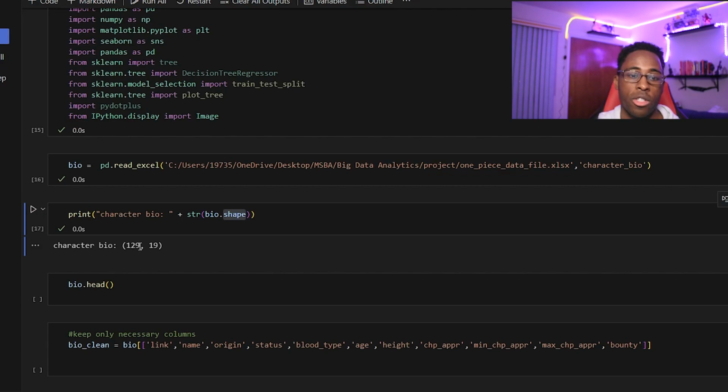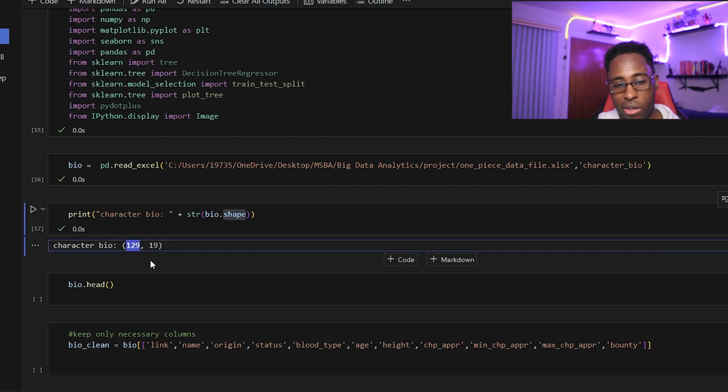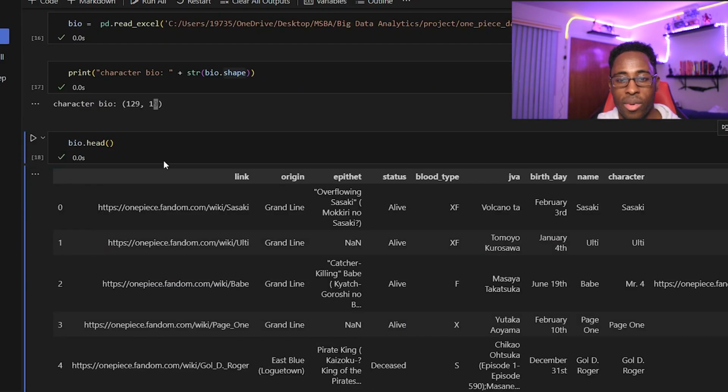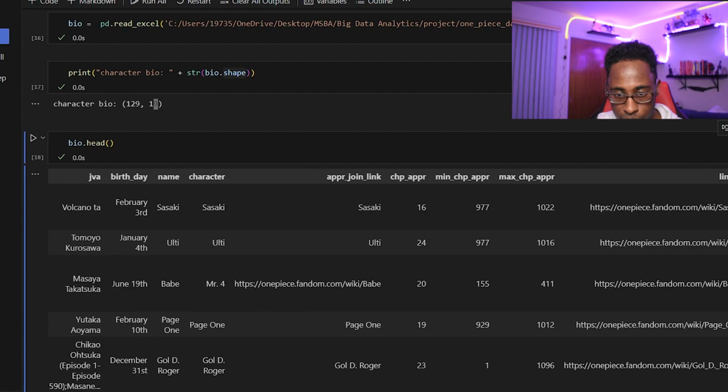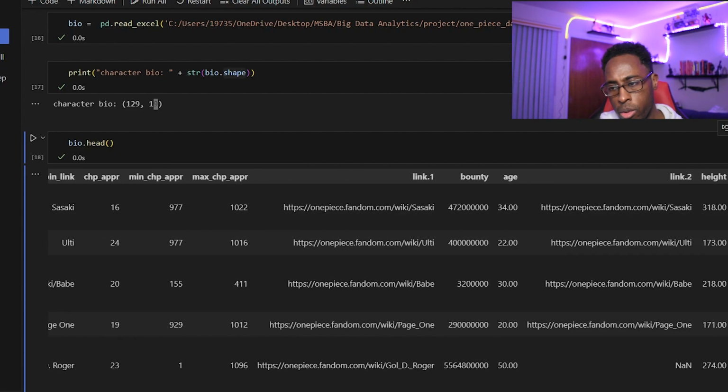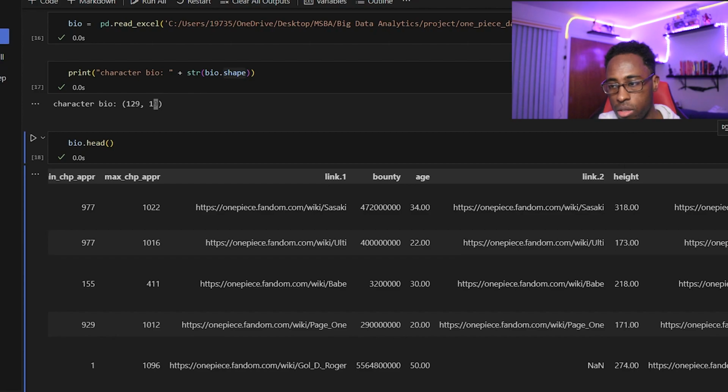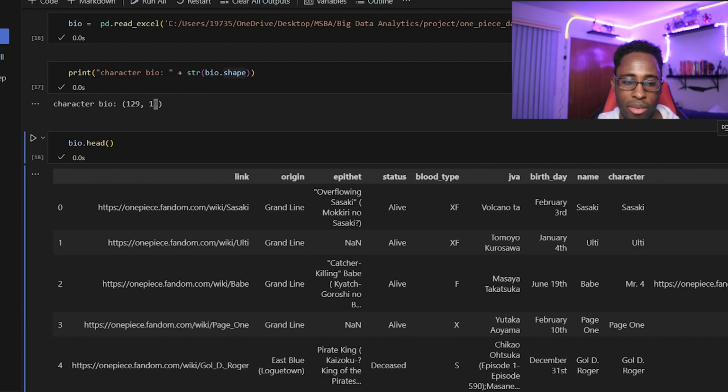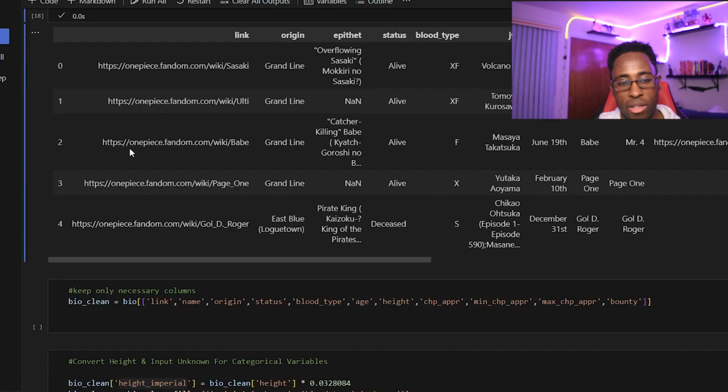So we see that we have 129 rows or 129 characters and 19 different columns. Let's take a peek at the data. So we see that we have link, origin, all the different columns from all the different tables essentially here. But if you notice, we have some redundant columns. So what we do in the next step is really just trim out the fat